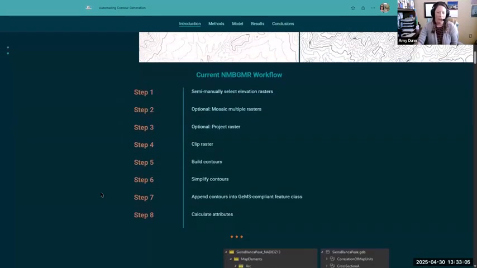For some background, our current workflow involves semi-manually selecting the elevation rasters that we need for our map areas. We do use the Select by Location tool to select the raster footprints, but then you have to go into the attribute table and write down the row and column number of the raster you need and add it to your project. Most maps you only need one raster for, but sometimes they fall on the boundary, so you need to mosaic